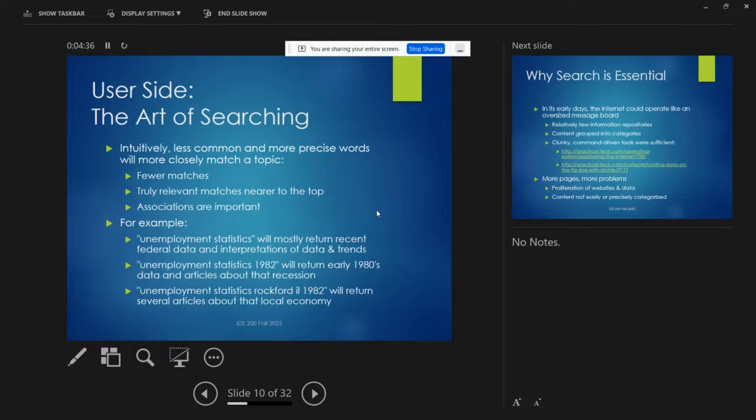Now, intuitively, if you think about it, the more terms you include in the search, the less likely it is that any pages will have them all. And if you include rarer or more precise terms, you're going to get a better fit in terms of relevance, right? So if you can pick words that do a very good job of describing what you're looking for and only what you're looking for, your whole search process is going to go easier. There aren't going to be many matches. Really relevant matches are going to be closer to the top,